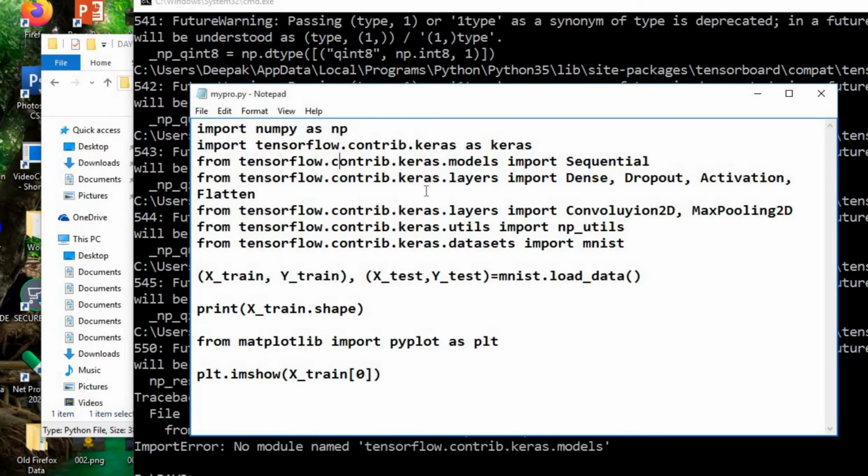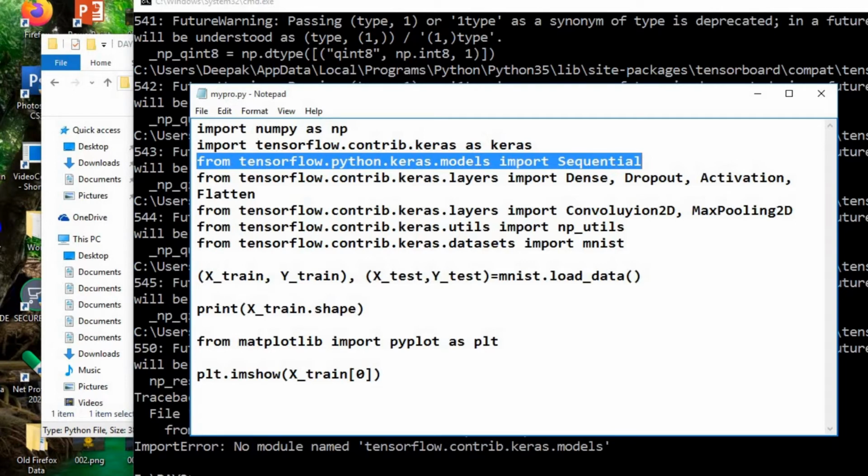So here again we have to change the type of import. We have to stick to some other method, like the upgrade to 1.14. So we will use python instead of contrib. Next, from python keras models you have to call Sequential.